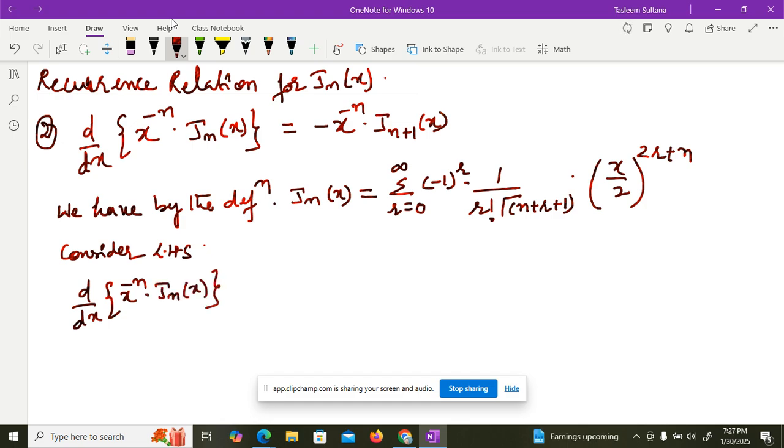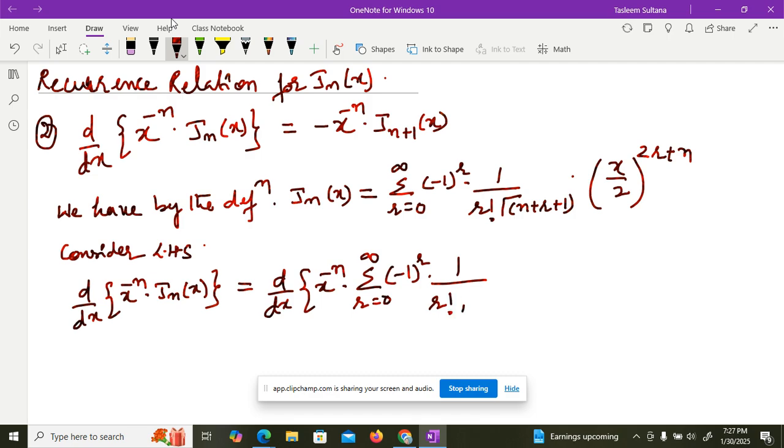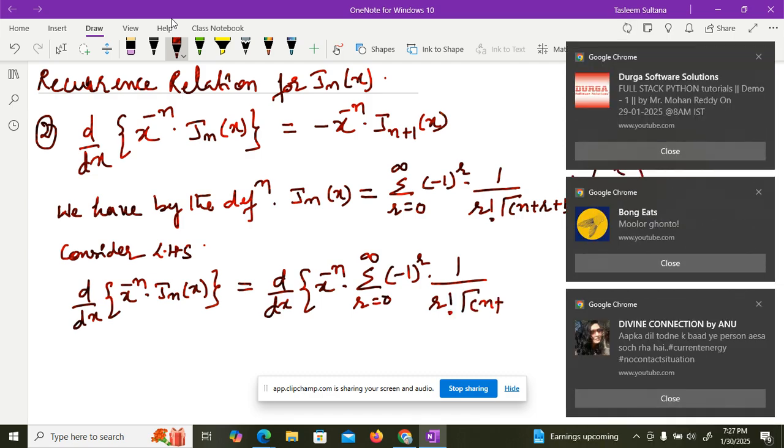We will write what the J n of x value is, the definition we will frame over here. It is equal to d by dx of x to the power of minus n into summation r equals 0 to infinity, minus 1 to the power of r into 1 divided by r factorial gamma of n plus